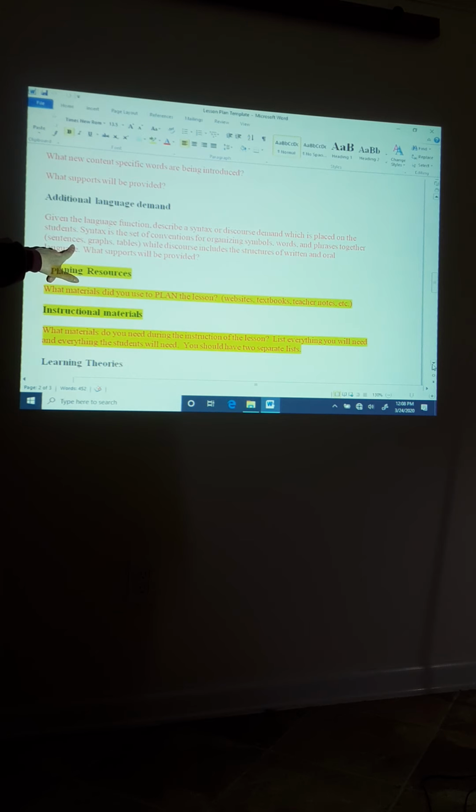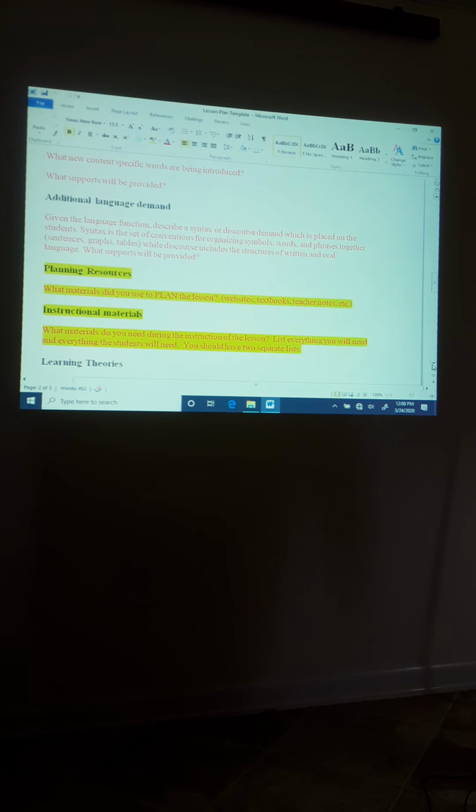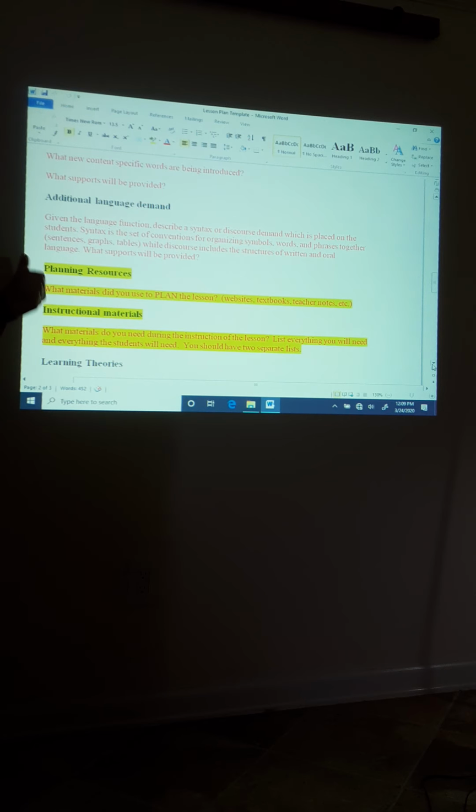It gives you some examples. The verbiage that they use here, syntax and discourse, make absolutely no sense to me and to most other people. But you will find this when you do the EdTPA during your student teaching, because this is part of the EdTPA. That's why it's here. We have argued and argued and argued that it needs to be gone because it's completely redundant, but it's right